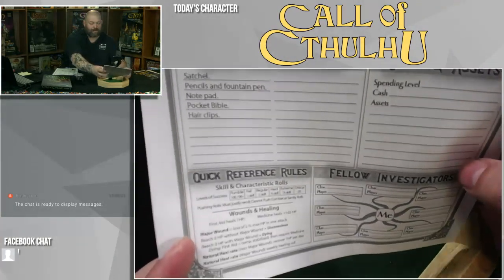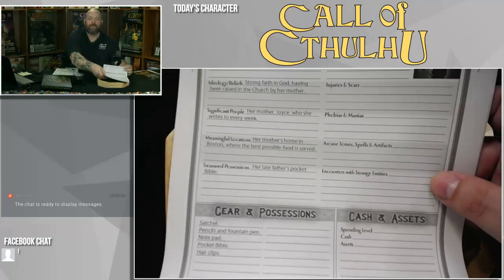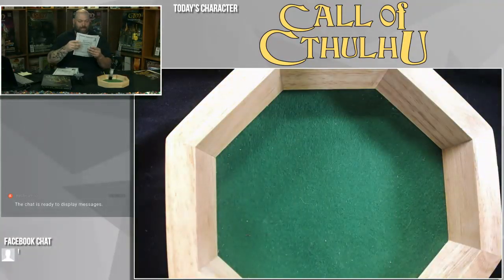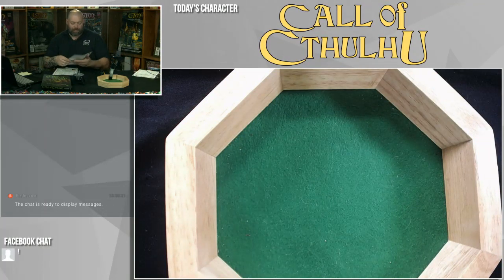Fellow investigators, gets all their little information, who you've traveled with, and all sorts of other good content. It looks like I have one of these as a, oh yeah, sorry, that back sheet was one of the pre-gens. All right, so the pre-gens are, we have Kelko Kane, and she is